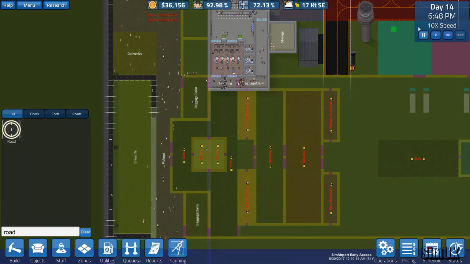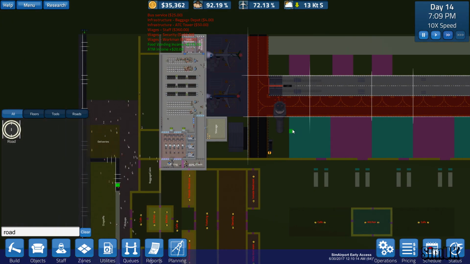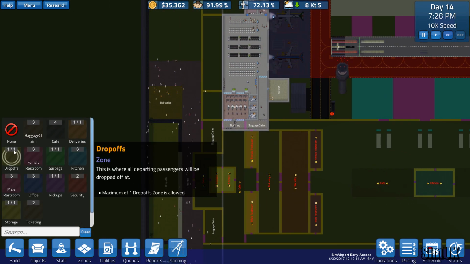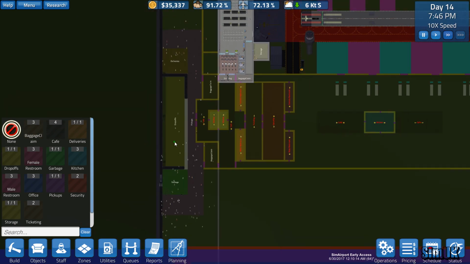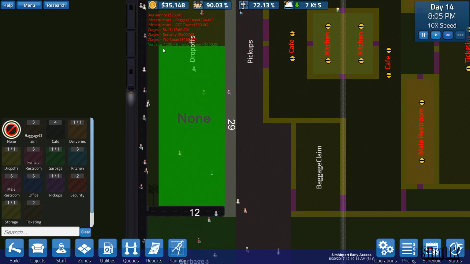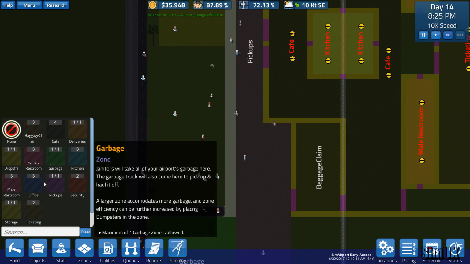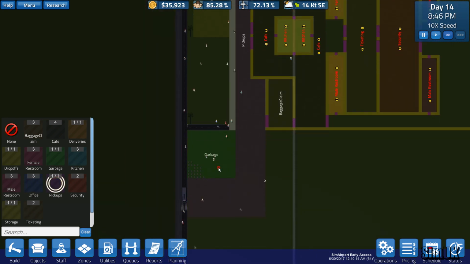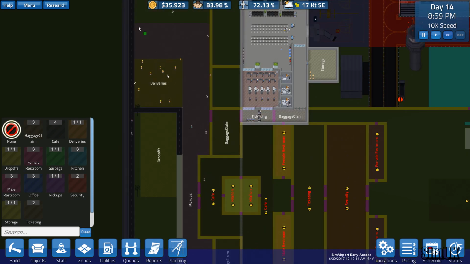Oh, careful. Let's not spend all our money. So we don't want to go into debt again. So I think I'm going to do that actually, guys. We'll wait until midnight so there's nobody here. In fact, I could just reduce the size of drop-offs quite easily. Like so. It's pickups that's going to be the problem, isn't it? I'm going to have to remove all of pickups before I can then...